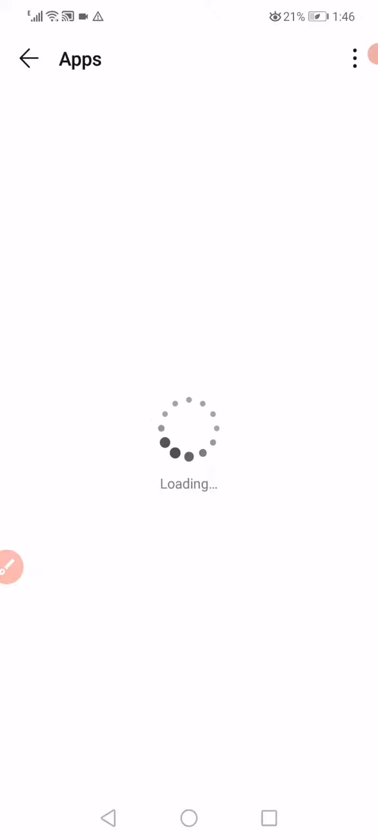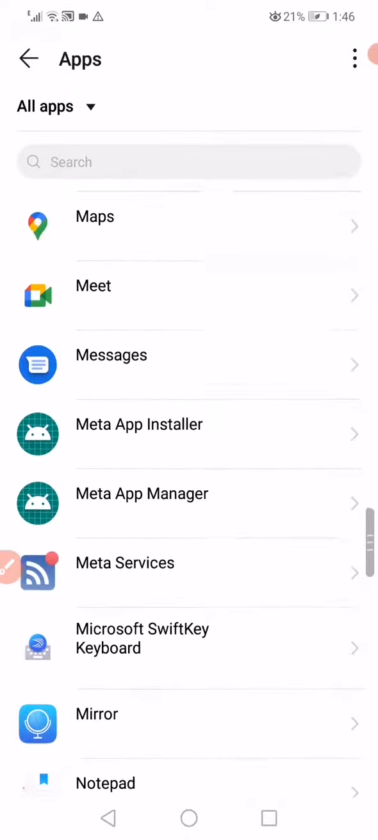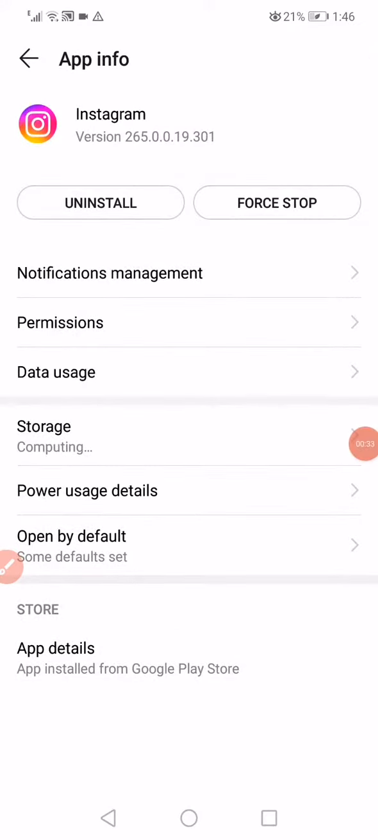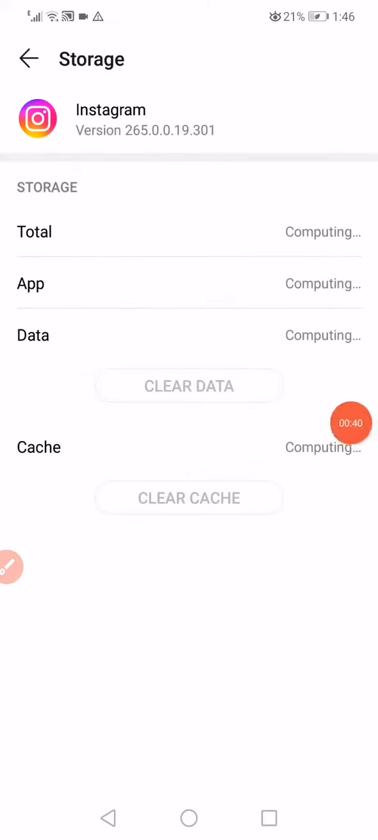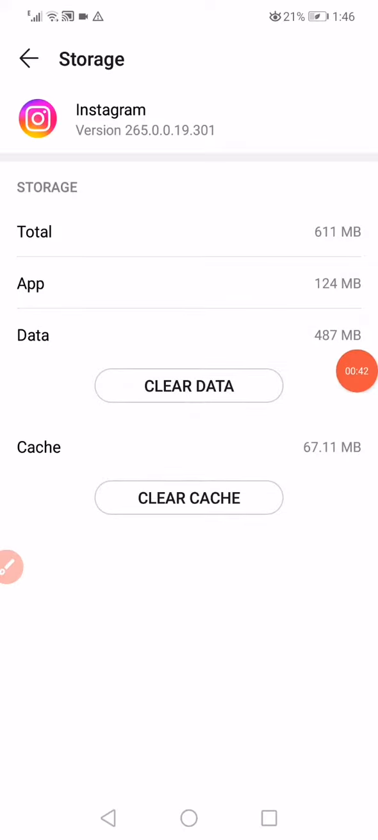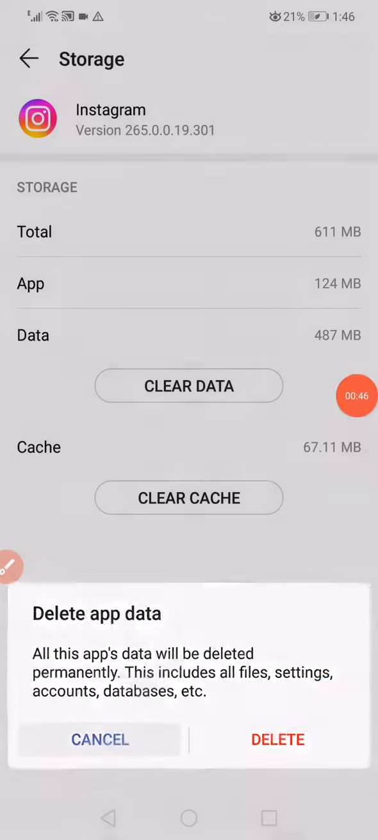So all what you have to do is wait a few seconds, it will start loading like this, and then scroll all the way until you find the Instagram app and click on it. When you click on it, now click here on this force stop and then go to the storage right here. And now all what you want to do is very simple, click on clear data, click on delete, and then